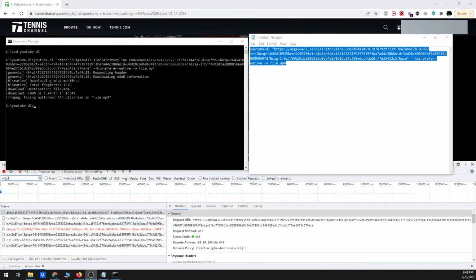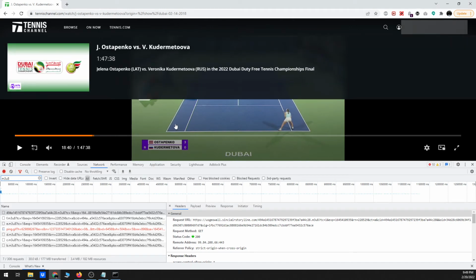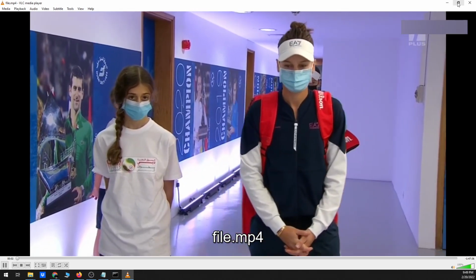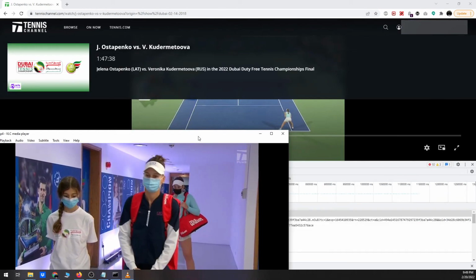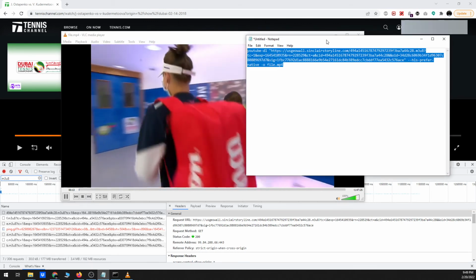Okay, so the file has now finished downloading. All I'm going to do now is open the file, minimize this, stop this from playing, and go ahead and play the file that we've downloaded just to confirm that everything plays properly. Okay, so we have the file here. I'm just going to make it small and cover up part of it just to make sure that the